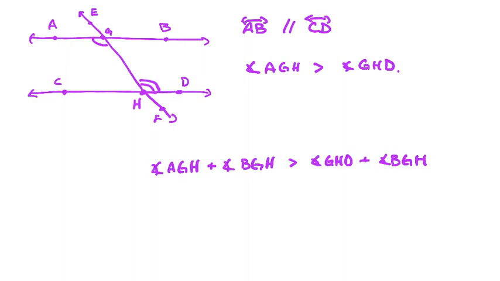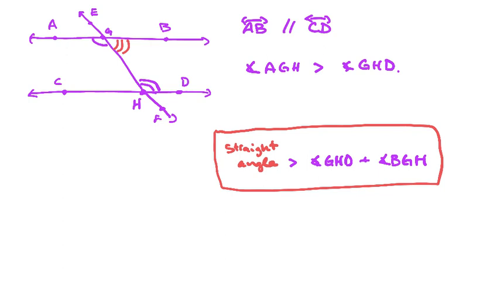But something that we notice about angle AGH and angle BGH is that those actually give a straight angle when we add them together. And so what this inequality means is that the sum of our angles GHD and BGH, which are angles on the same side of the transversal, is something less than a straight angle, or less than 180